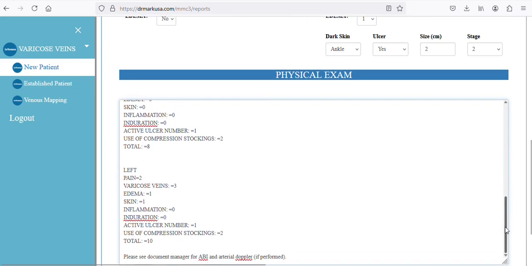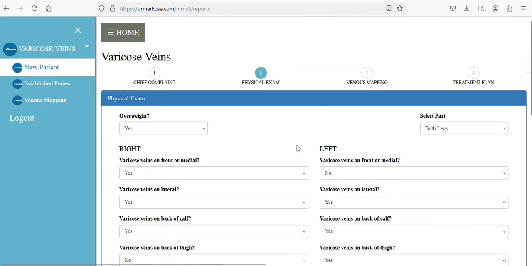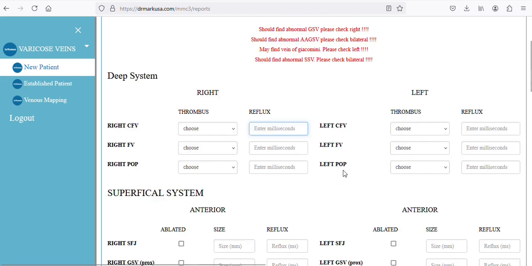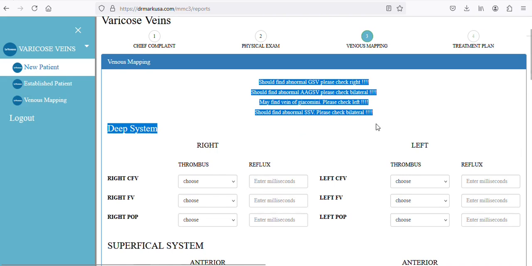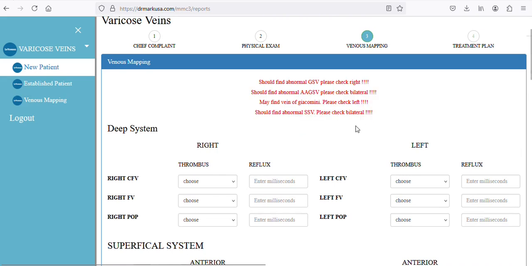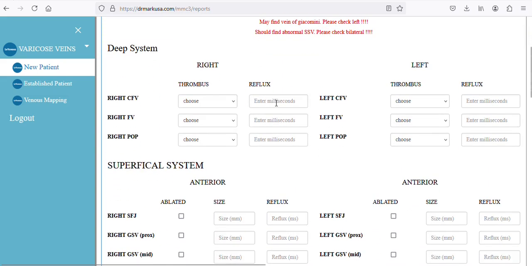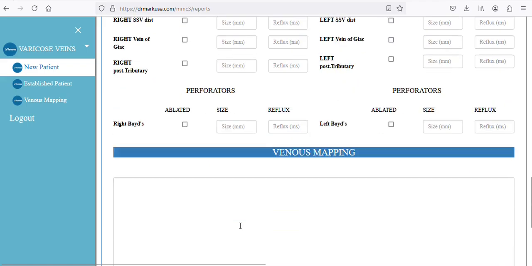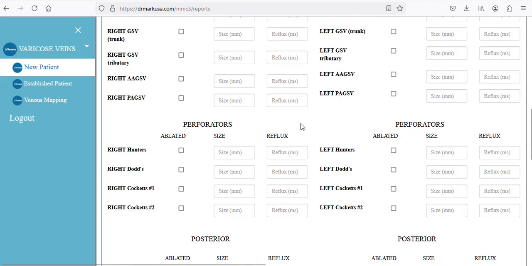And now we will see the third step, where we will provide the parameters for the venous mapping. On the top you will be able to see all kinds of warning messages, because we have selected parameters in the physical exam, so we give the minimum values in the venous mapping, so that it helps in generating the treatment plan. So perforators for the right and left sections are available. So right and left deep system,